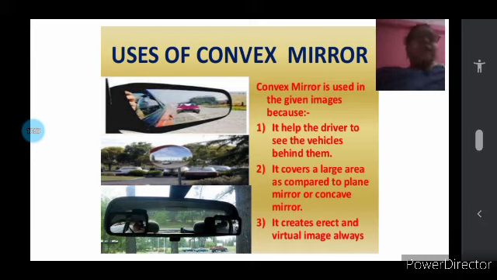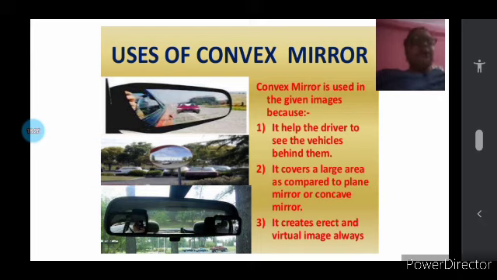So, why are convex mirrors particularly used to supervise? They will form virtual images. Yes, but also they will cover a larger area, and small, diminished, clear, erect images will be formed. This helps the driver to see the vehicles behind in case of a rear view mirror. In the same way, wherever it is used, it is very helpful as it can cover a larger area,